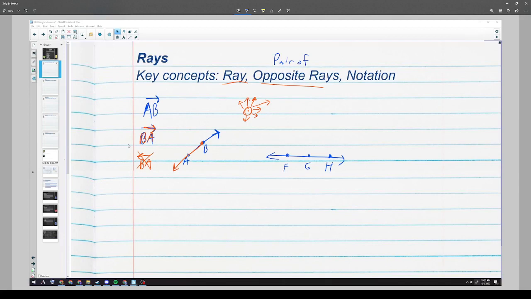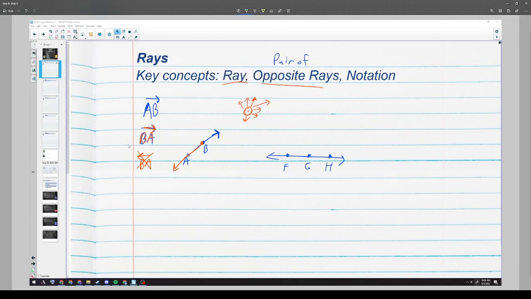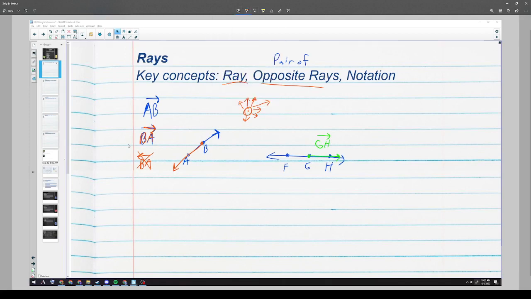So if you think about a ray starting from G, let's draw this one in green. Starting from G, going toward H, I could name that ray GH, like that. And then if I make a ray starting from G, going the opposite direction, starting from G and going through F,